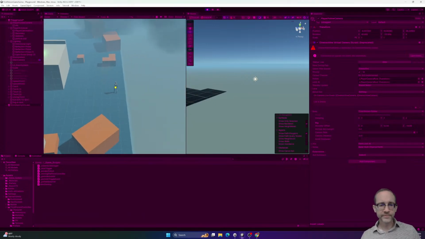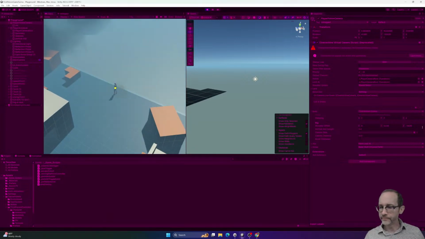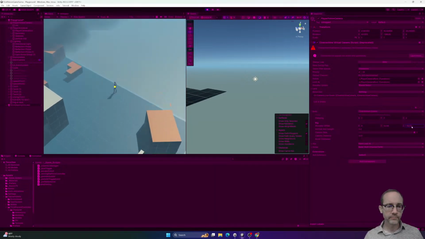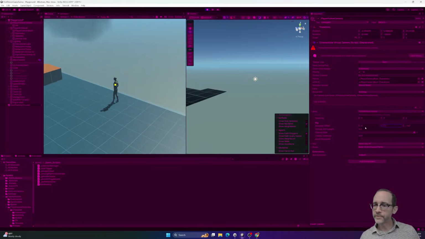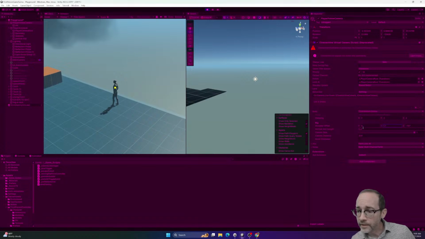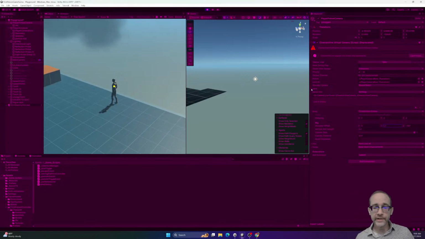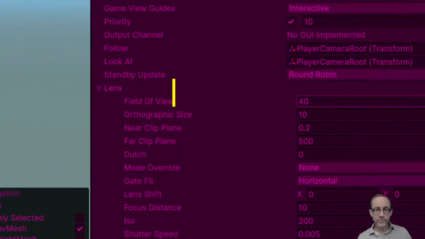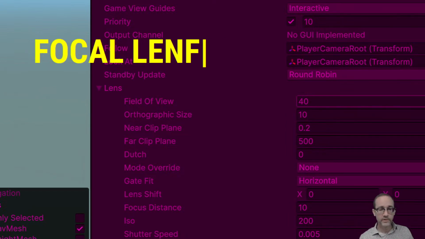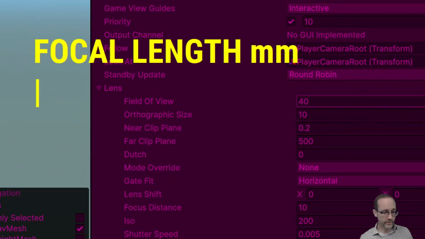But in terms of distance from the player, there's the Z, which is moving the camera. And then separately from that, there is the focal length. So here under lens, the focal length for the camera, for those of you who have taken 240, is measured in millimeters, where a wide angle